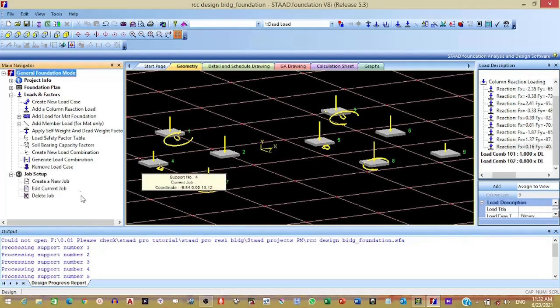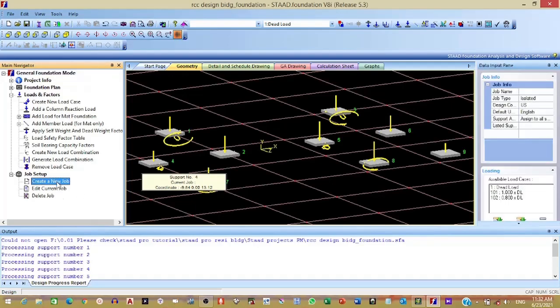Then click on job setup and then create new job. Create new job. So this window will open.